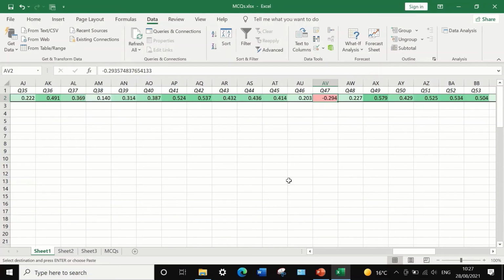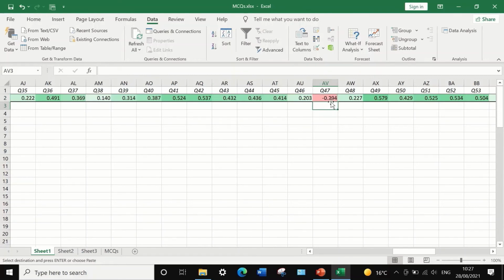So we need to find out whether this question is worth considering. If it is negative, then it is not worth considering, and it is worth removing. It is important to remove this question as it is not discriminative. But again, we have to determine the p-value